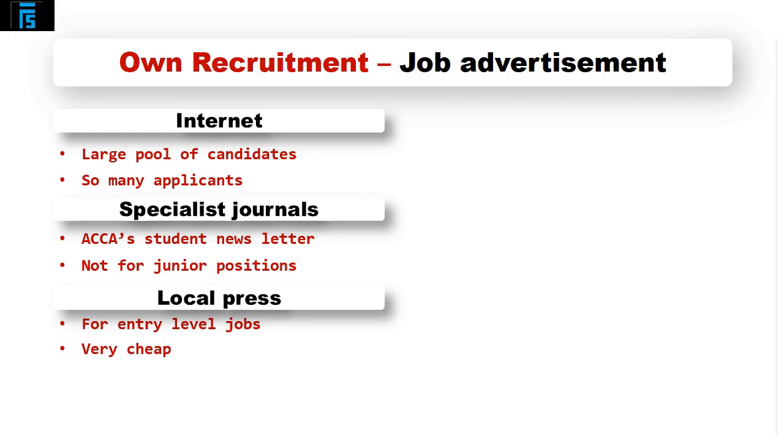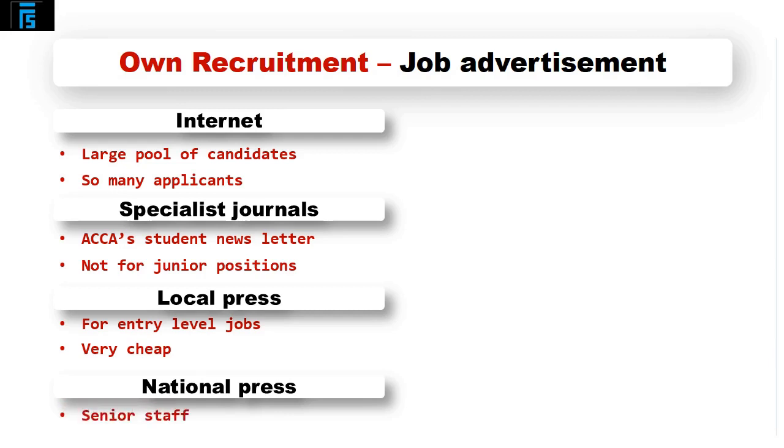And finally, you might decide to advertise in the national press. Now, this one isn't as common. You do see it occasionally, but it's not as common because it's quite expensive. Really, the time that you'd be looking in the national press would be when you want somebody particularly senior, and you're just trying to make everybody aware that this job has come up. You might only have maybe 30 or 40 people in the entire country who are even qualified to apply for this job. So the national press might be the only way of getting to them.